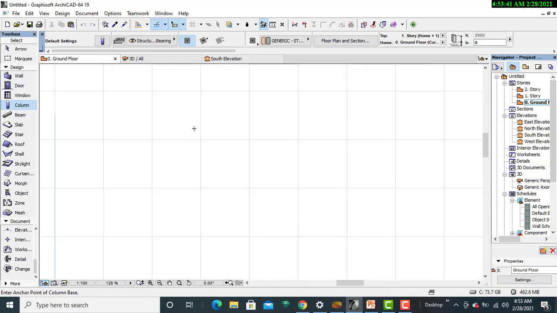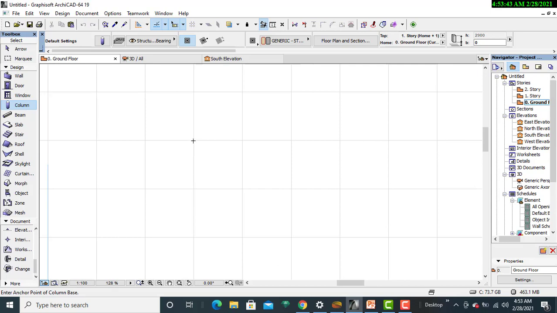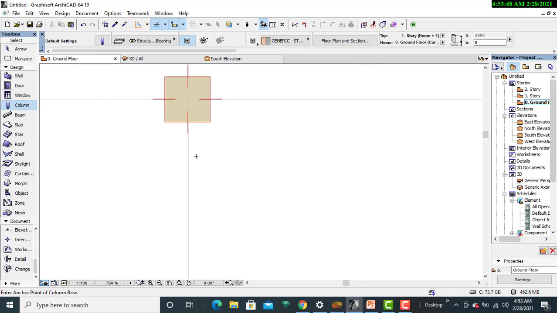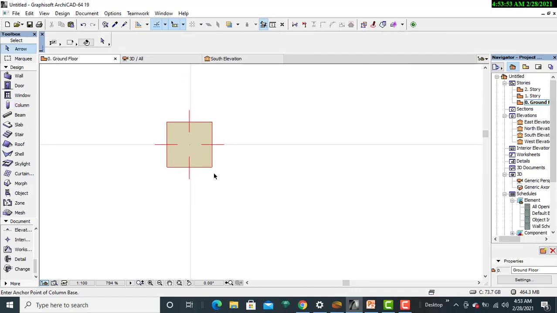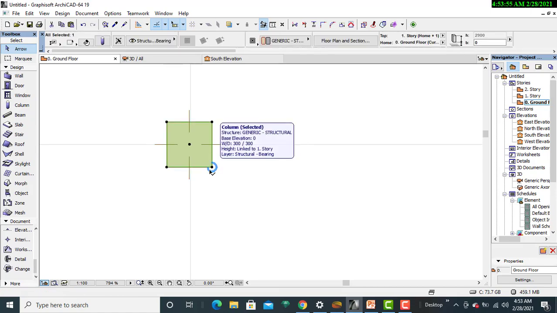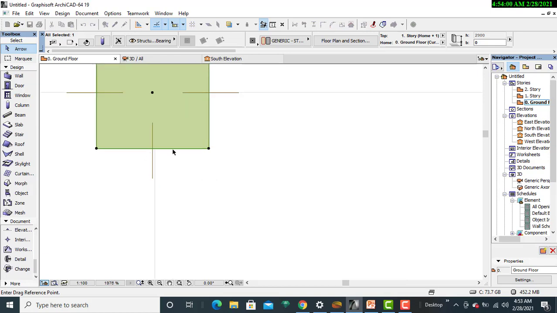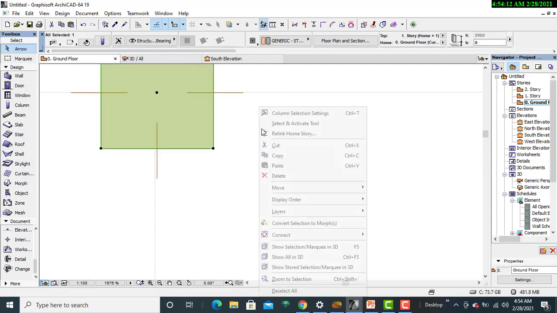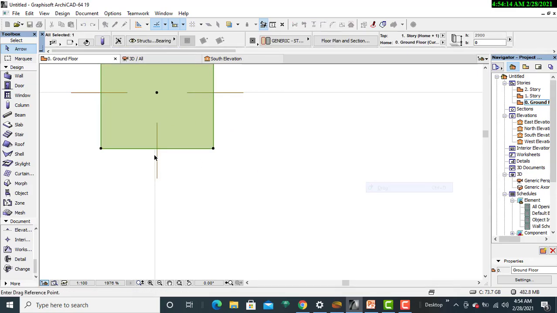For example, as I zoom in, I'm able to have my column in place, just as you can see, and it is through the grid display that I'll be able to find out whether I've placed it in the right position. So like this one, I want to drag it and ensure that it is occupying the rightful position that I want it to be. So that is only happening through the use and even the aid of a grid display.